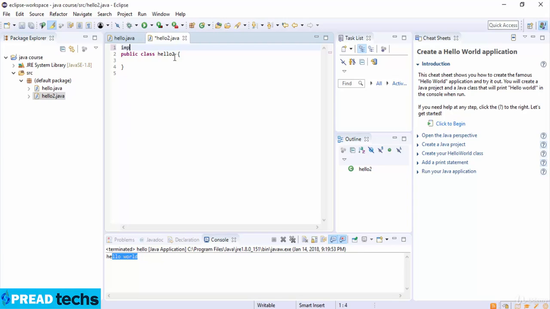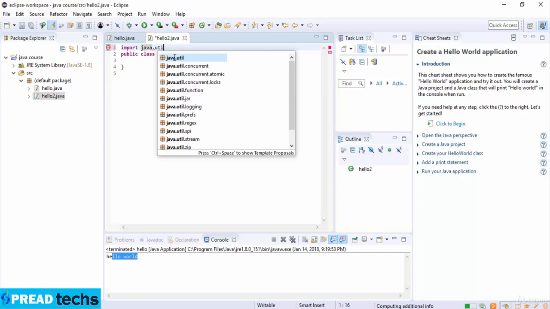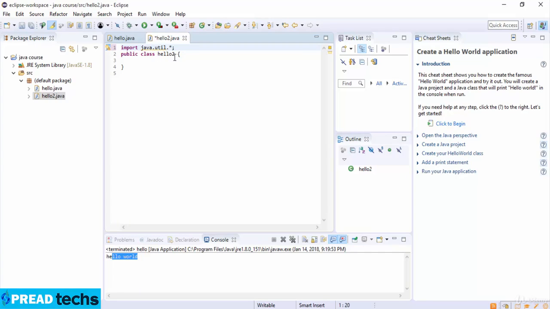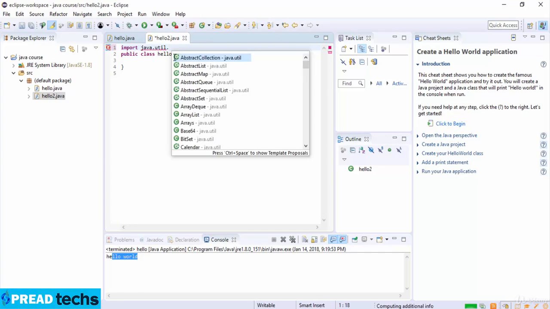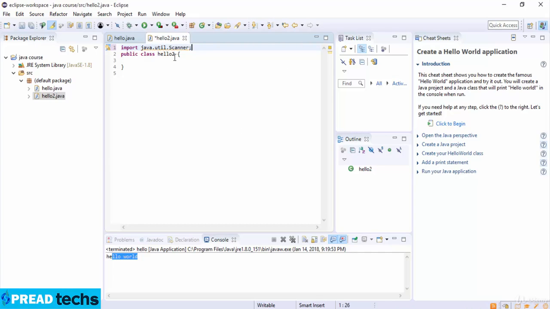First of all, here I just import java.util. This is the library of java.util, but we just need to know our Scanner class. So this is java.util.Scanner. This tells our program that we want to use the Scanner object which exists in the package java.util. If we want to have access to every object in the java.util package, we simply write import like